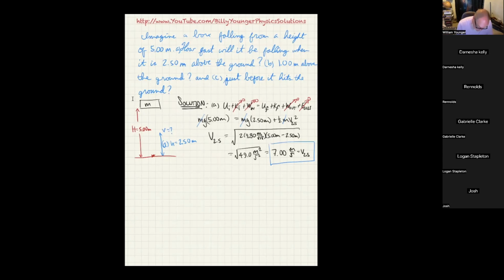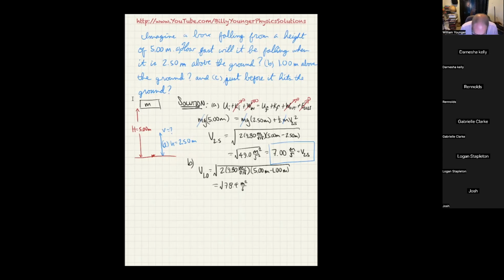Part B, they want to know what the velocity will be 1 meter above. So you can sort of look at this and realize it's still going to be the same thing. You're basically going to get V of 1.0 is equal to the square root of 2 times 9.80 meters per second squared times 5.00 meters minus 1.00 meters. Take the square root of all that. Now I'll say 2 times 9.8. 5 minus 1 is 4, so I'll say times 4. That's 78.4